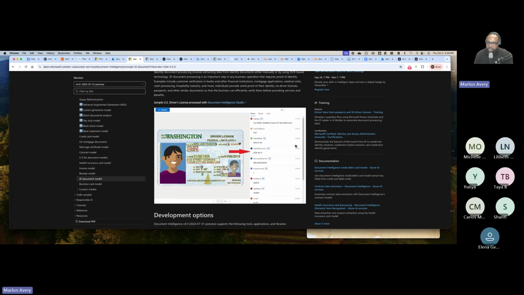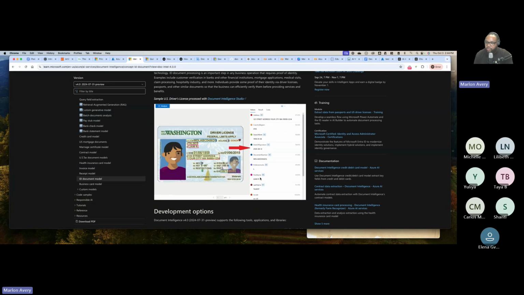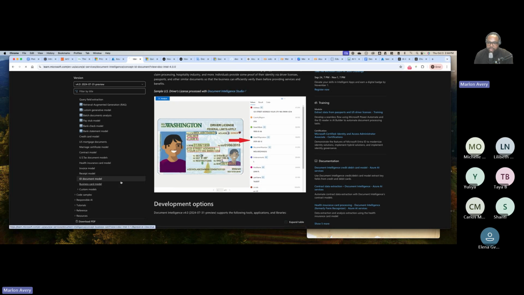The country it's in, they got 98%. Date of birth, 98%. Expiration of license has a high accuracy rate as well, all the way down to the first name and last name. So this is some of the pre-built models that we have access to. And then the last one